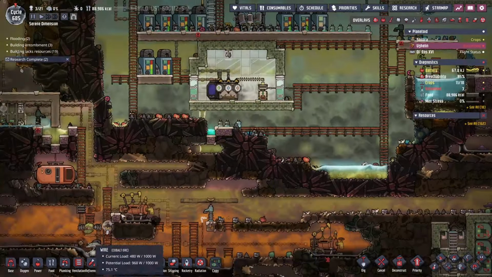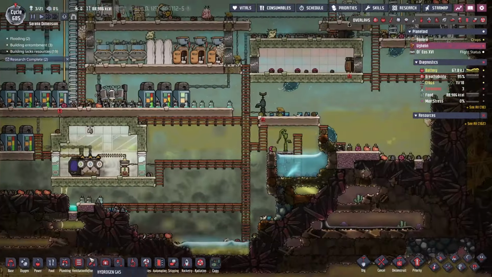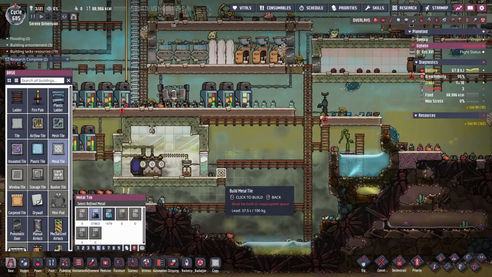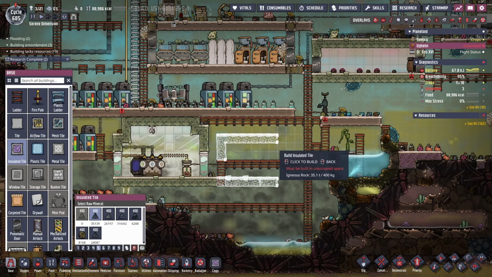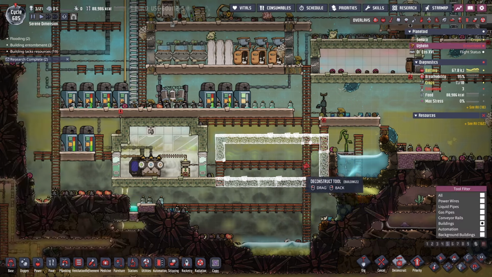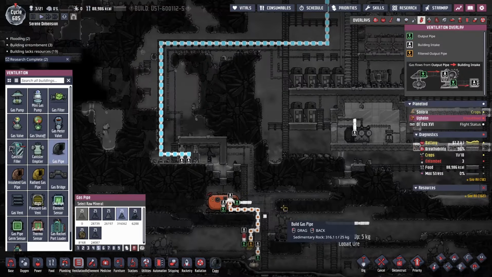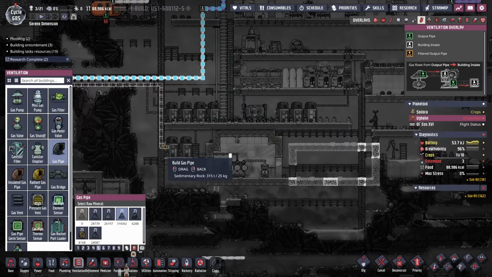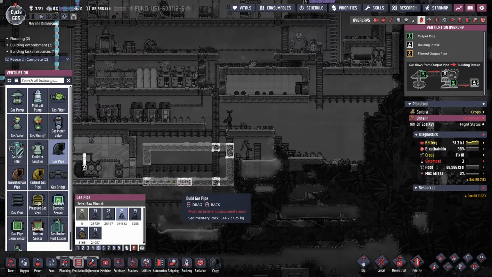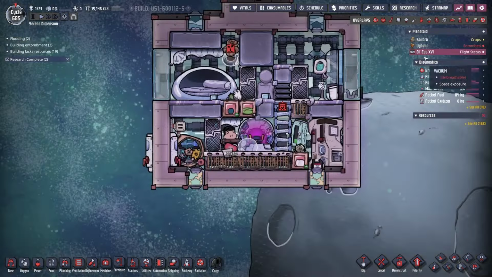Still use a natural gas geyser, but we need to change some stuff around. Let's actually put it over here, and we will confine it in some of this. We will do a mesh tile, 1, 2, and then we will do something like that. And then get rid of the buildings. Perfect. We'll put it in here. Yeah, so we're gonna need to go up and over and down. There we go. All right. Now that we saved ourselves from a temporary crisis,